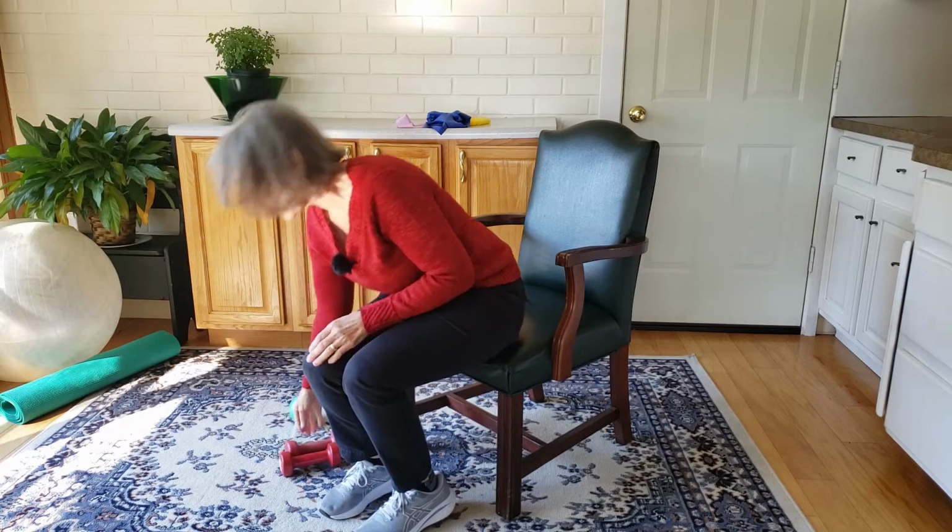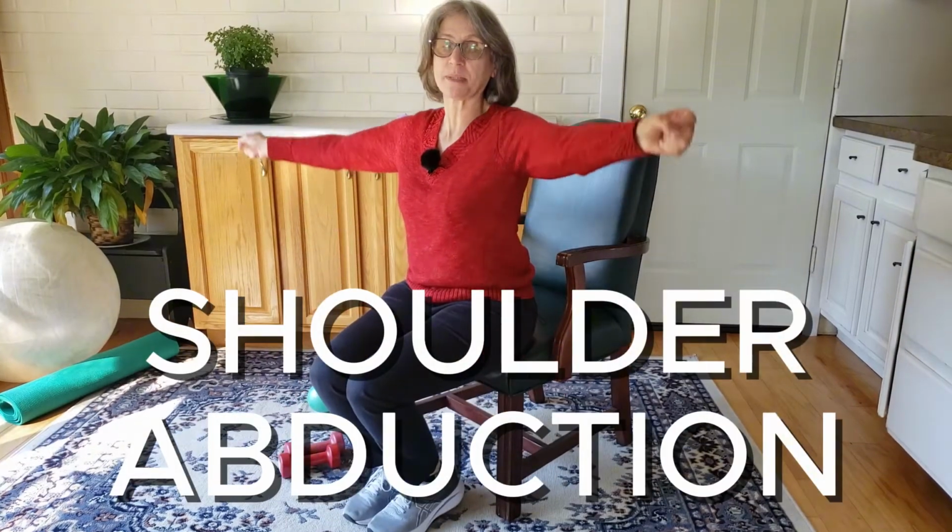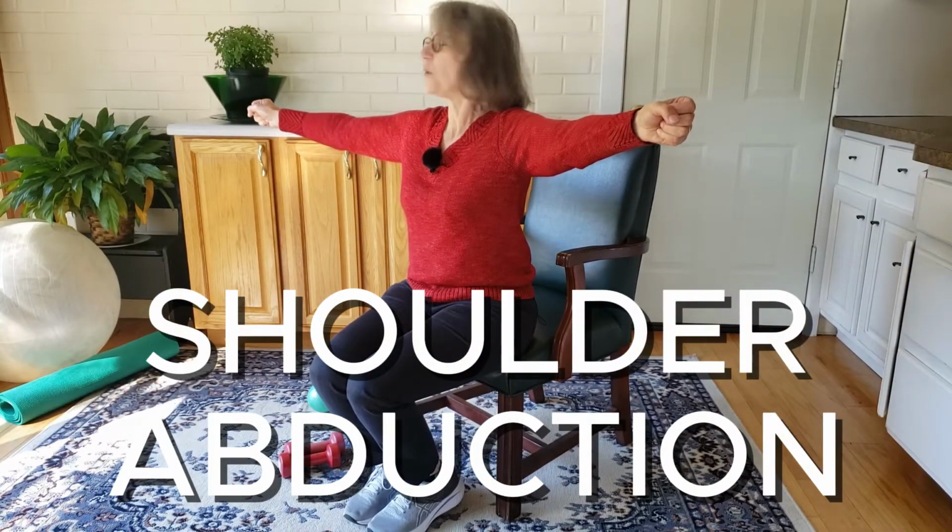The next exercise we're going to do is bringing the arms out to the side. And again, we're going to be at about 90 degrees. And as you're doing these, you don't want your palms facing down. You want your thumbs up so that we don't get any impingement. So let's count for 1,